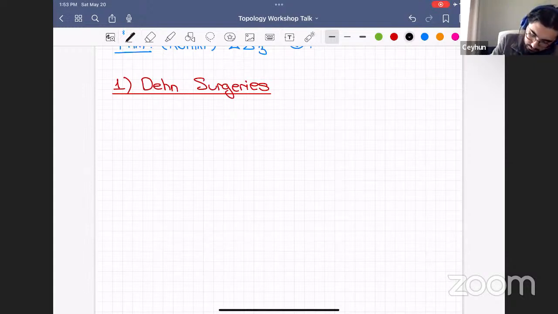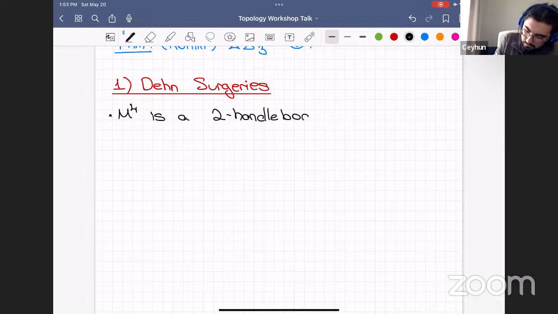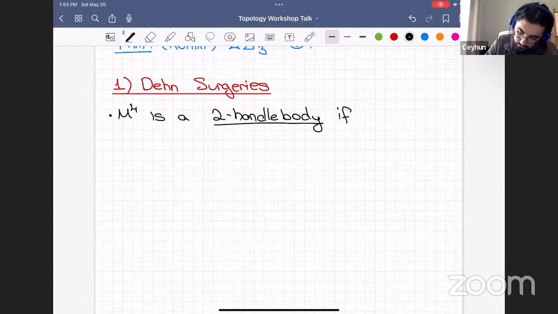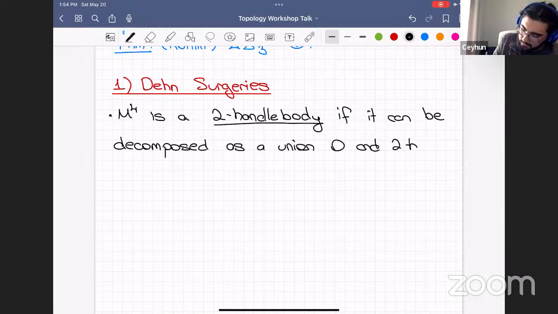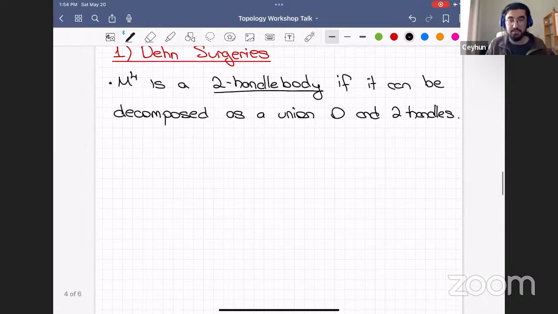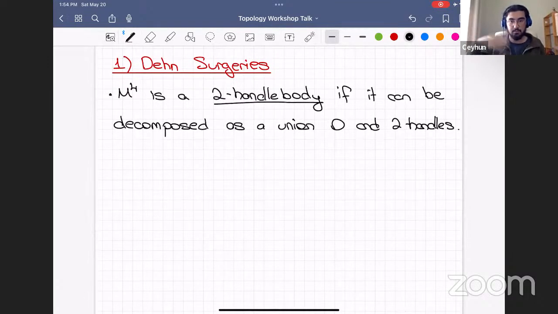So a definition that makes our lives easier: an n-dimensional manifold M4 is a 2-handle body if it can be decomposed as a union of 0 and 2 handles. So we said, since M is a 4-dimensional manifold, when we find a Morse function like we talked about before,